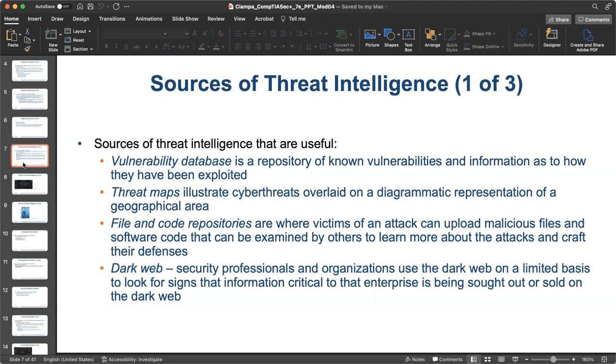Victims of an attack can upload malicious files and software code that can then be examined by others to learn more about the attacks and craft their defenses. There are several entities of U.S. government included,